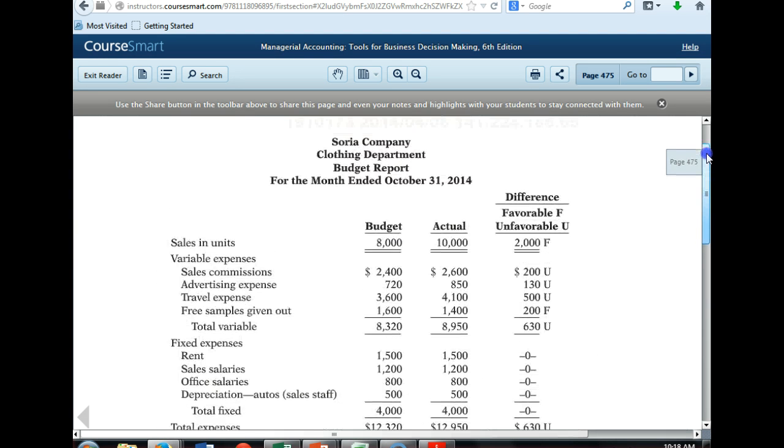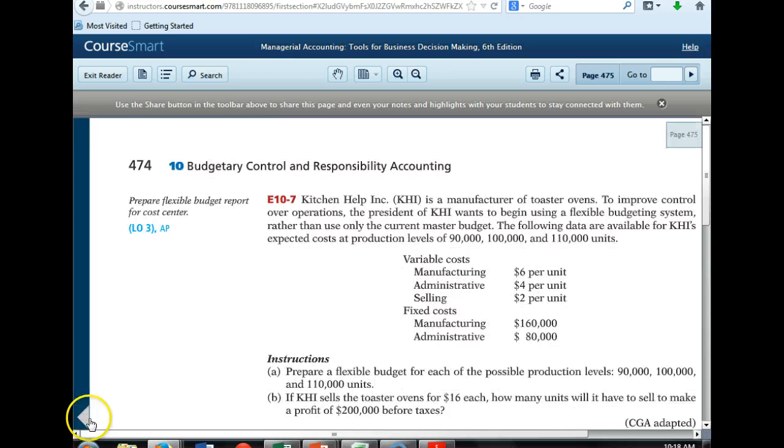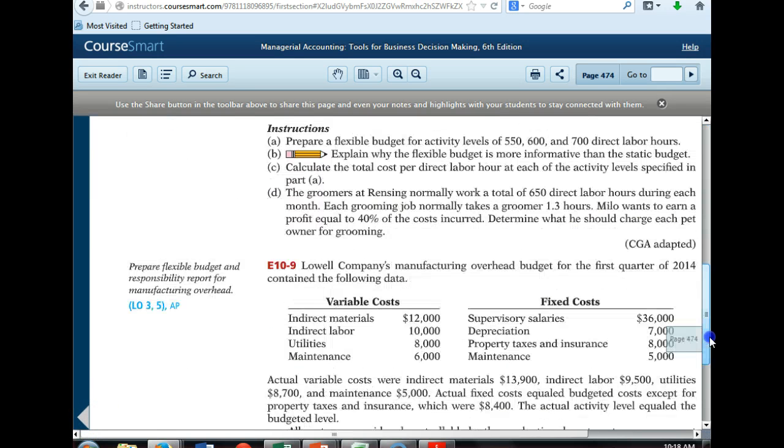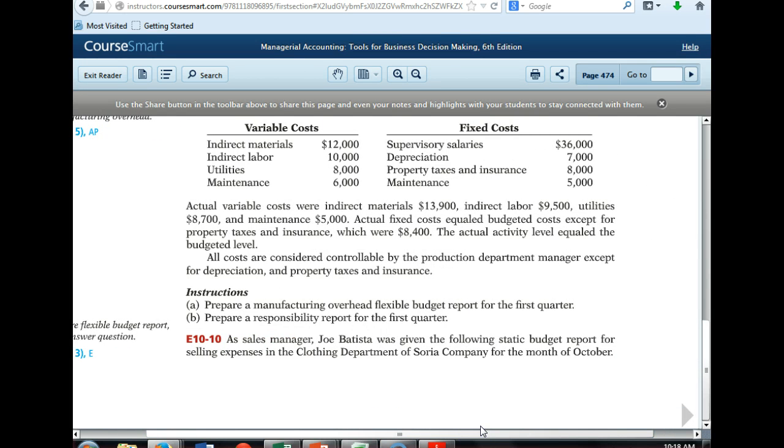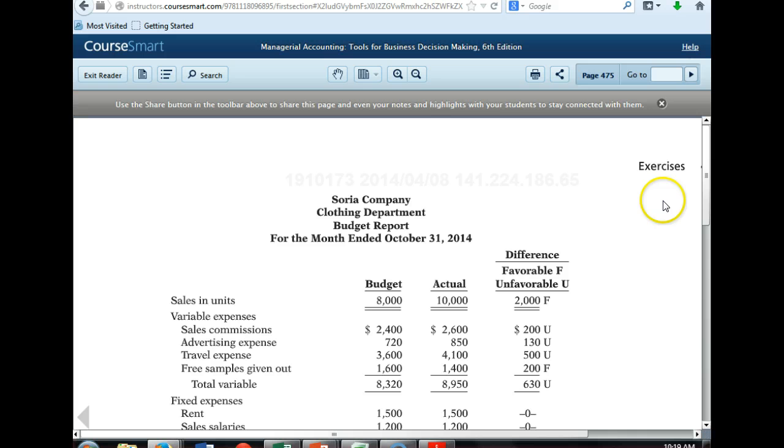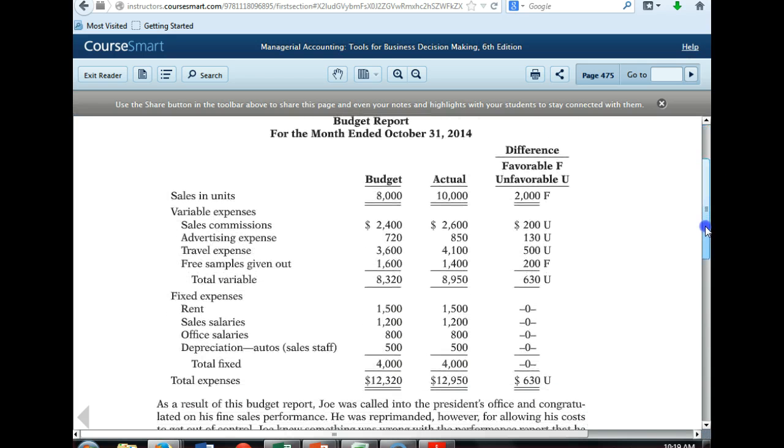Okay, this is really what we're talking about here. Let's look at problem 10-10. Okay? 10-10 tells us that as a sales manager, Joe was given the following static budget for selling expenses in the clothing department for the month of October. So it tells us they budgeted 8,000 units. We actually had 10,000 units. So we're looking at a major unfavorable